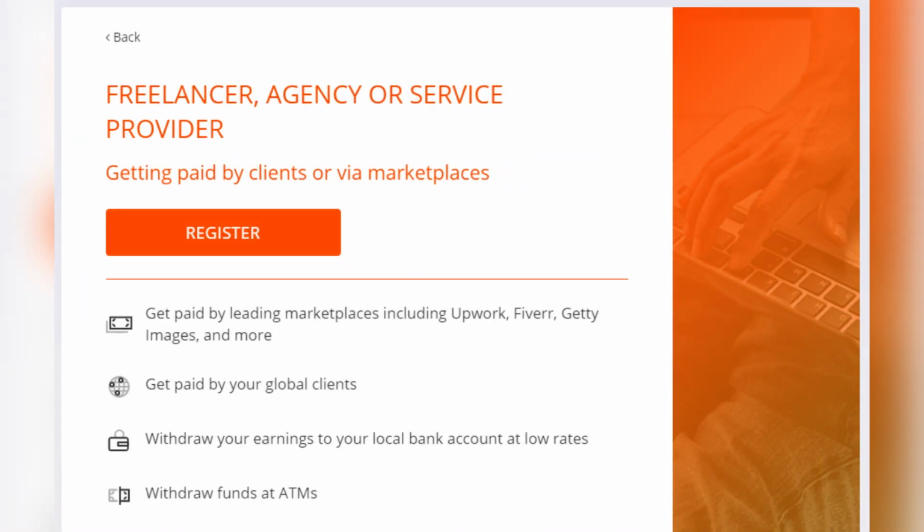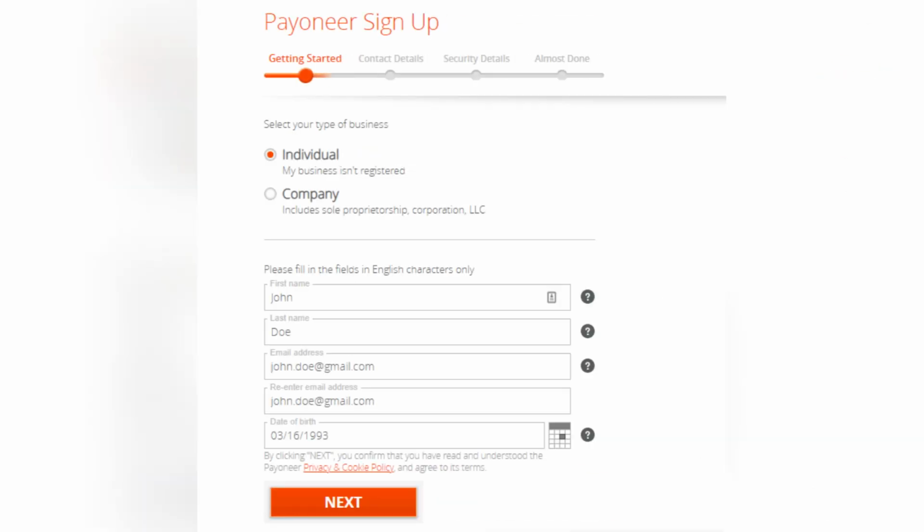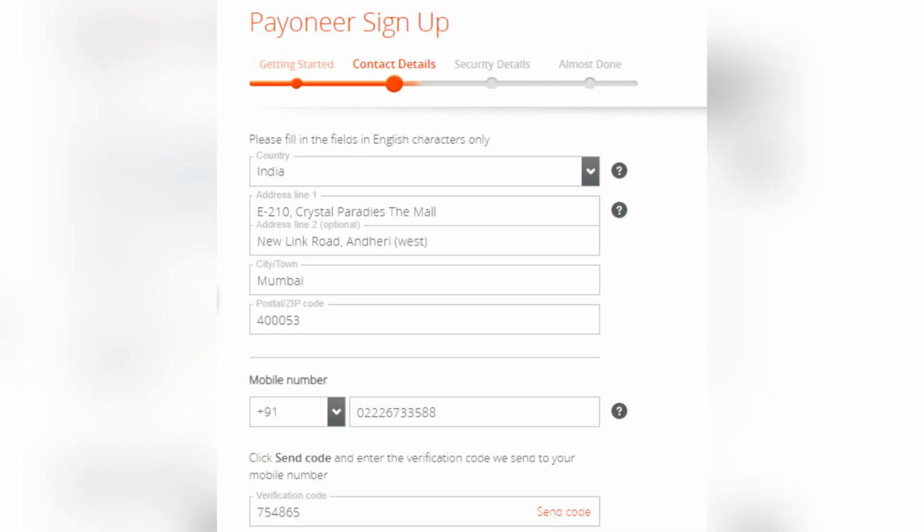Select the account type that best fits your needs, like freelancer, online seller, affiliate marketer, or individual, and click register to proceed. Next, fill in your name, email address, and date of birth as per your official documents and ensure